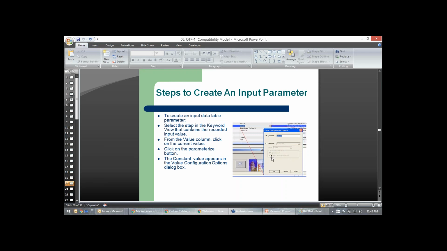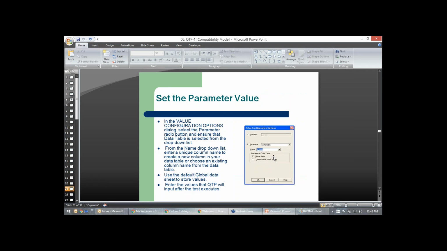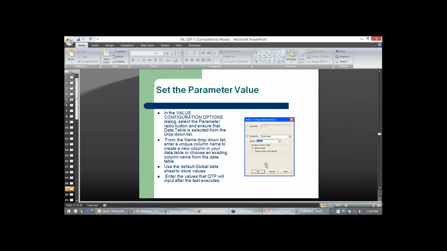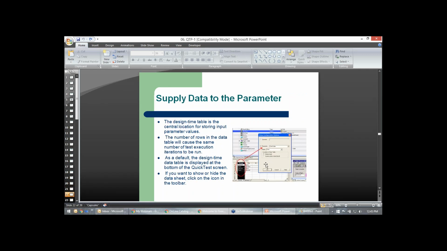And then you want is a global sheet or you want is current sheet. Then you put it as a global sheet, and you put that the parameter is taken from data table. What is the name of the parameter? P underscore item, whatever you can put. You can put item, whatever you want to, and click OK. Now you change the value from London to item, and it should pick up from the global table, as we put into that configuration option.